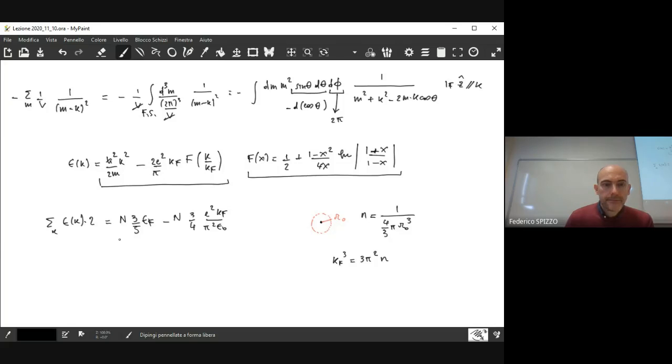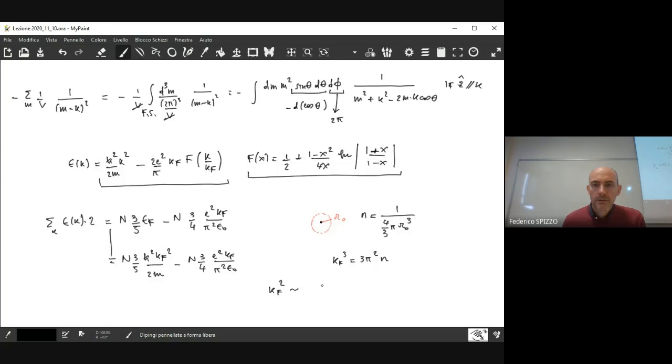In particular, if we also express EF using Kf, at this point we have a Kf squared here and the Kf in the second term. So Kf squared